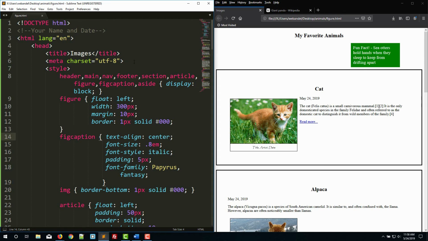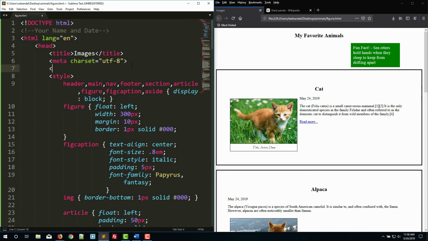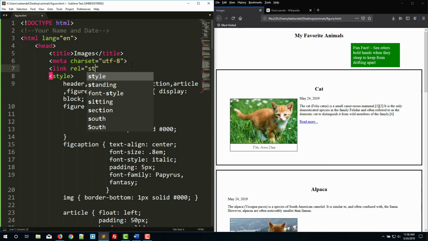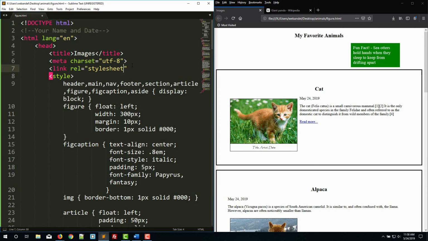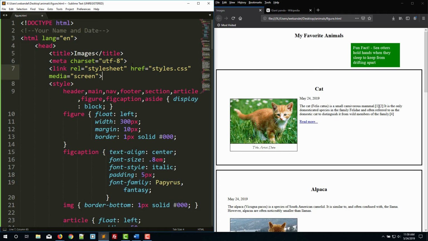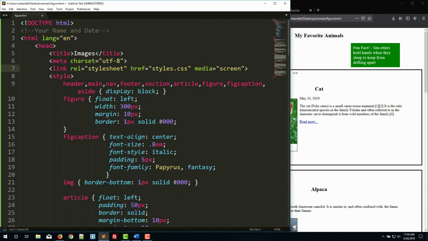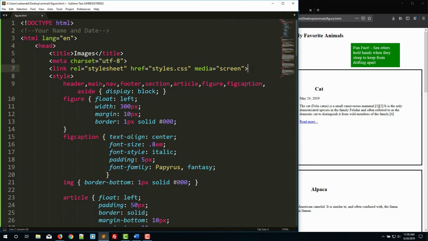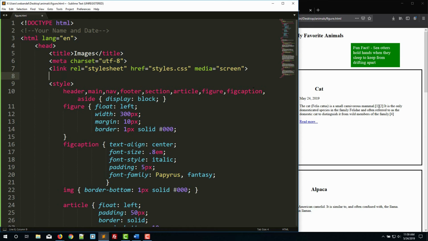So let's go up to our head section. And we'll create some links. We'll say style sheet. And then let's say this will be called styles.css. What we're going to want to do is specify media is going to be equal to screen. So if the device that is being used is a screen, then the website will link to this style sheet for the styles. Alternatively,